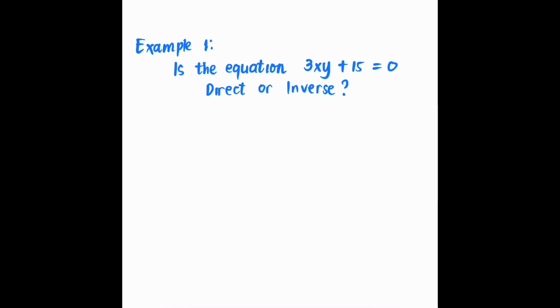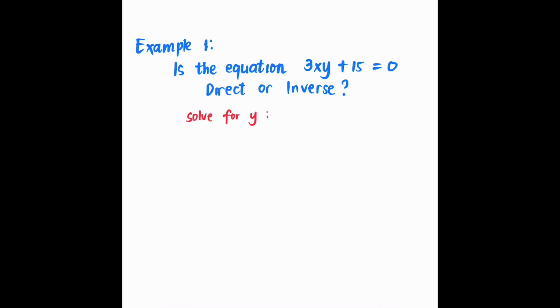Example number 1. Is the equation 3xy plus 15 equals 0 direct or inverse? So the first thing that we need to do is to rearrange the given equation and solve for y. Earlier, I showed you the general formula for direct and inverse proportion. So in general, we need to rearrange the given equation and always solve for